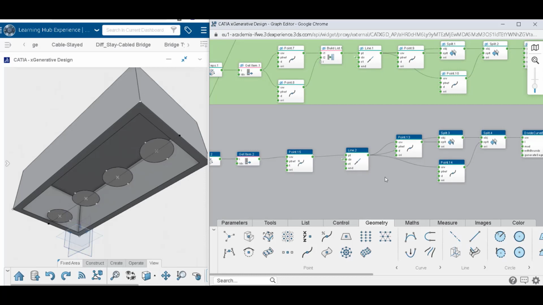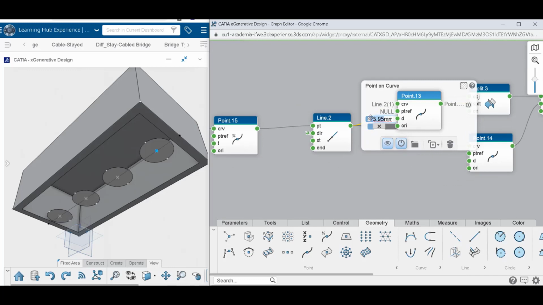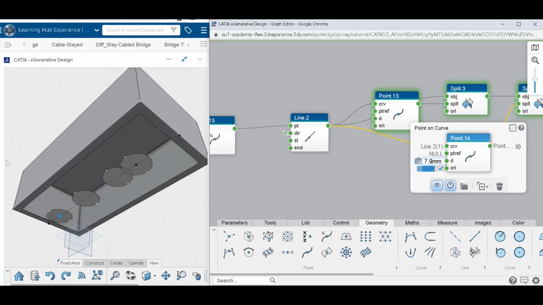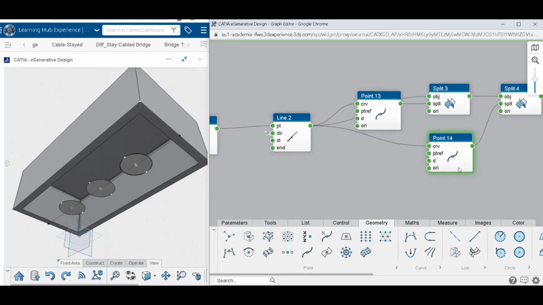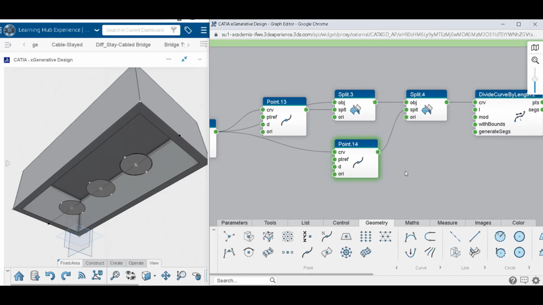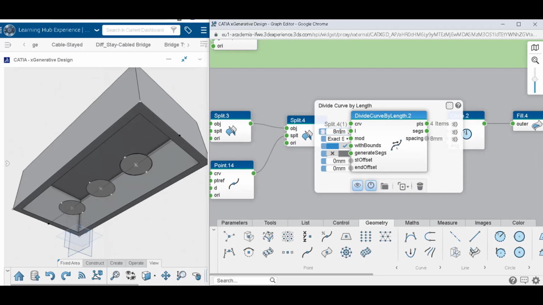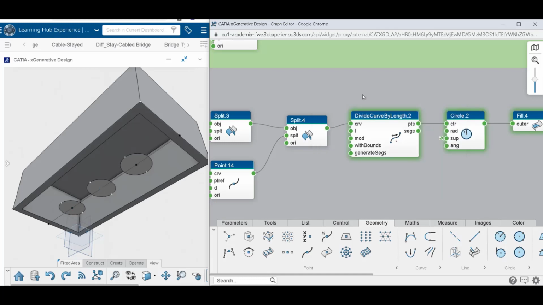We just have to change this number and a few other variables. The point on curve, I think, yes, we have to change this because it's not the same limits, of course. So 7.9 on the 2 limits. The splits are of the same condition. We maybe change the split. No, the divide curve. No, it's the same length, so it shouldn't be a problem. But I think there are 4 items on the output, so maybe 8.12. Yes,